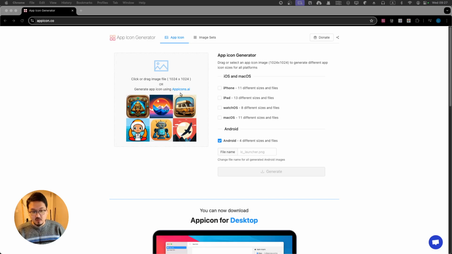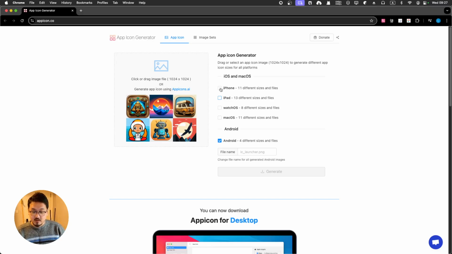And if you're doing a cross-platform app, for Android and iOS, you have to crop to different requirements because Google's requirements and Apple's requirements are quite different. So you have to choose from Apple iPad, Apple Watch, Apple macOS, and all that is quite different. Then you just get your design, preferably an image file, 1024 by 1024,